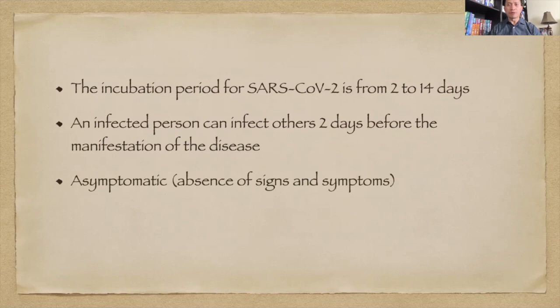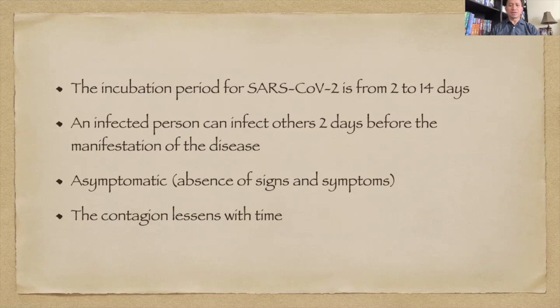Now, there are also people who are asymptomatic, meaning they don't have signs and symptoms of infection, but they are infected. So they function naturally, they go anywhere they want, and they don't know they're infected. And the problem with this is they can infect others. So if they're in a crowd and you happen to be there, you might get infection. So this is what we have to remember, put in mind, as a precautionary measure: avoid going to crowded places, so we can prevent infection.